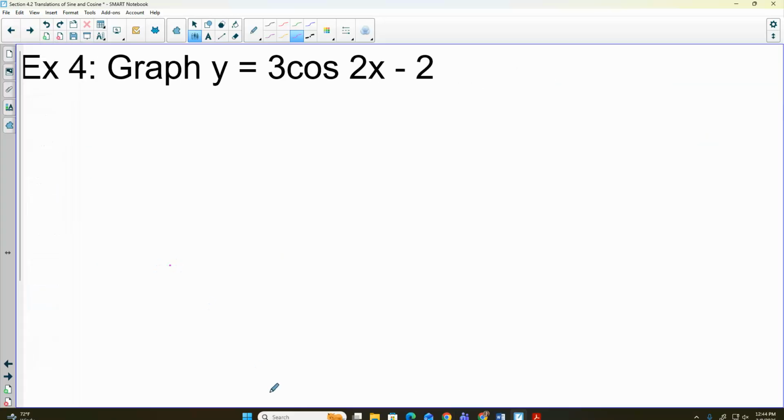Let's go to this one. Cosine 2x minus 2. This is cosine of 2x. This time that minus 2 is on the outside. It's not part of my angle. So my amplitude is 3. Period. Normal period for sine and cosine is 2 pi. Divide by the number in front of x and we get